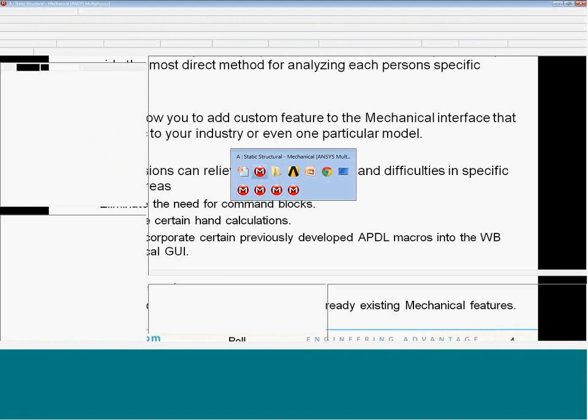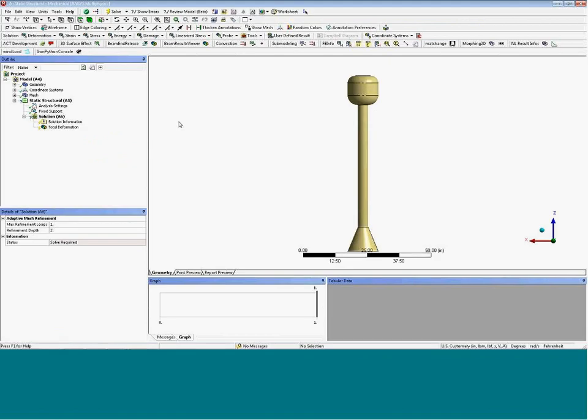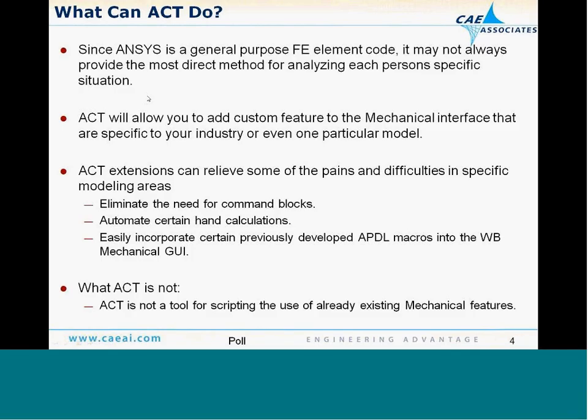So all of what we're talking about here is that ACT puts in these customizations, right? You see all the buttons across the top toolbar here. These are all ACT extensions. These function just like any other feature that's already in Mechanical. So you can look at that. And what can this do? Well, really it's